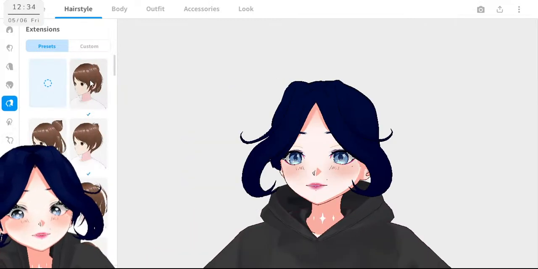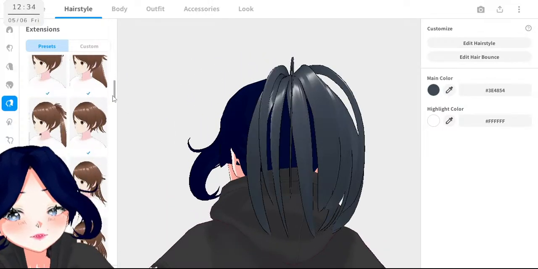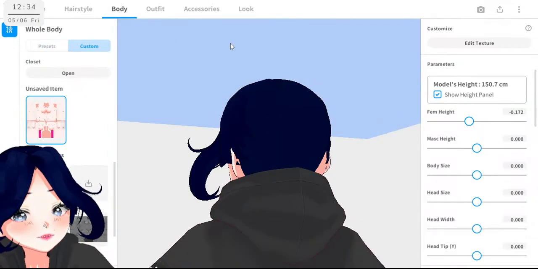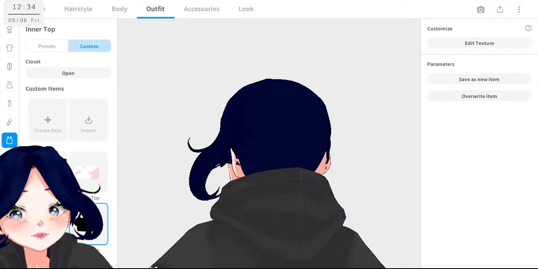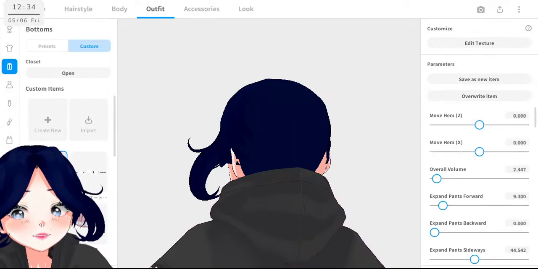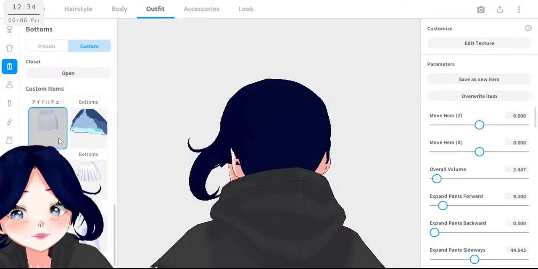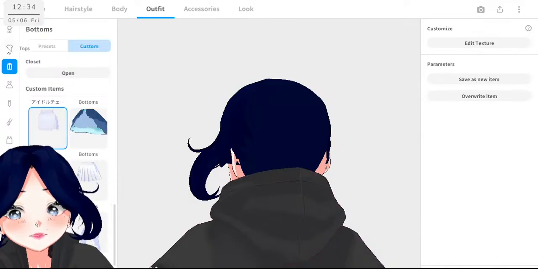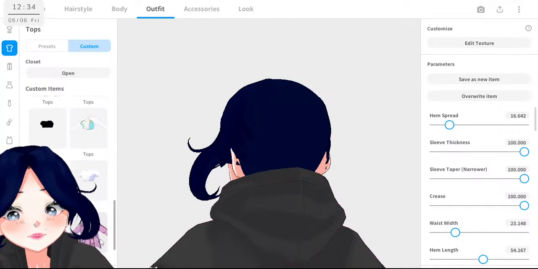And since she's no longer bald, we can go with the outfit. Let me get her something to wear in the meantime. Okay, and the tops will be here.